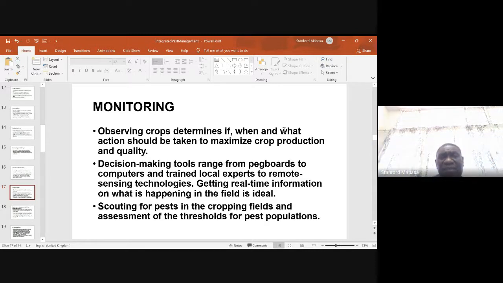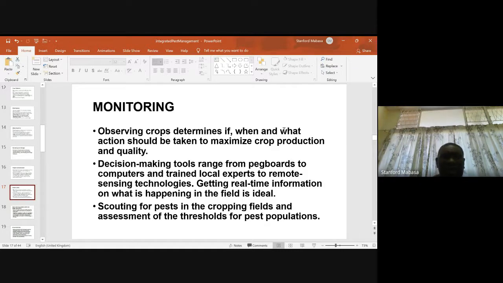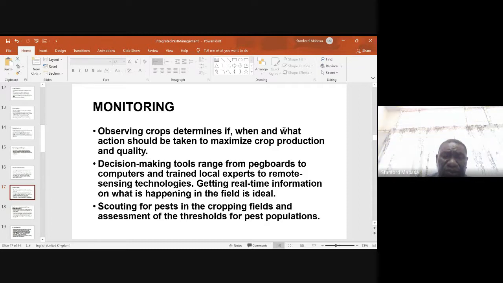Now, the other aspect, I've said IPM relies on prevention. The second part is monitoring. So there's a need for observing crops so that we can determine what action to take in order to maximize crop production and quality. So we need to keep on checking our crops. We have got decision-making tools